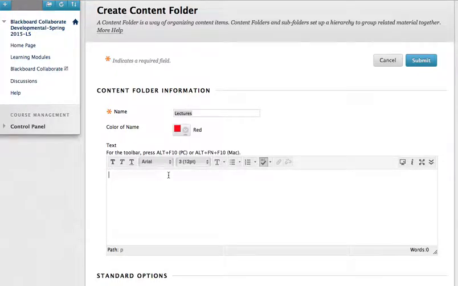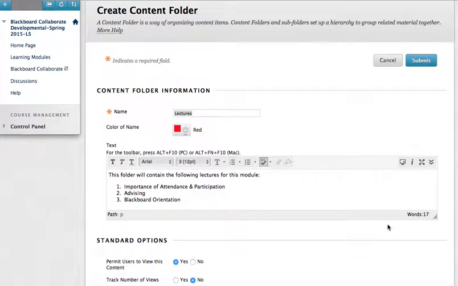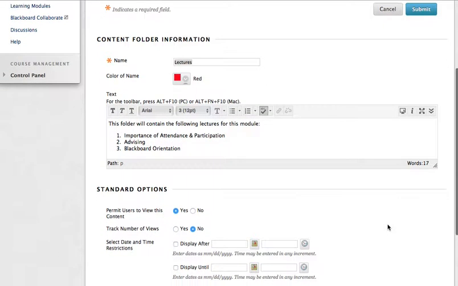Then in the text box, you can enter in a description. The description can say what the folder contains. It can be written out in paragraph form, or it can be listed in some sort of ordered or unordered list. Once the content that you wish to include is in there, then you can worry about selecting the different